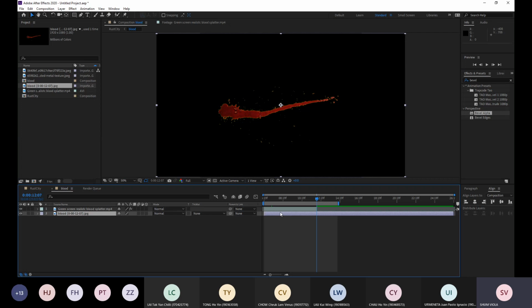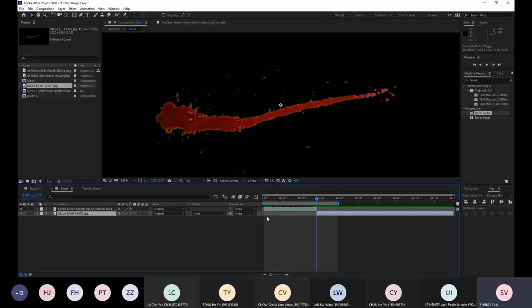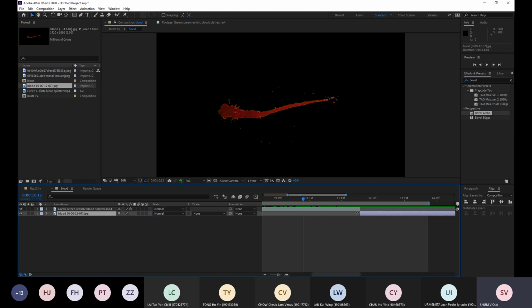You have to go to the last frame here. You have to make the image start later. Okay, not starting at the beginning. It should continue the last frame until the end. Okay, so you can see that this is the video clip. This is my JPEG. Okay, now my blood video is very long. It's now 20 seconds. Okay, so you can see the blood here from the beginning, the blood,